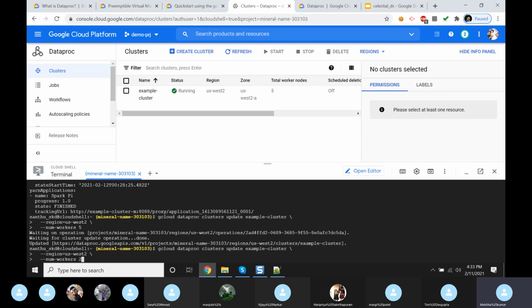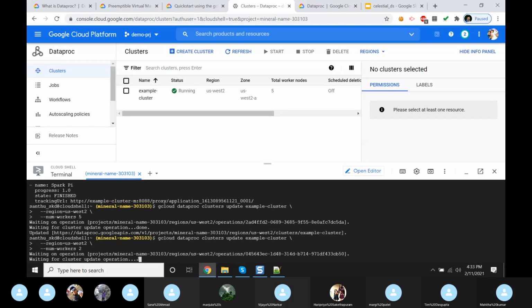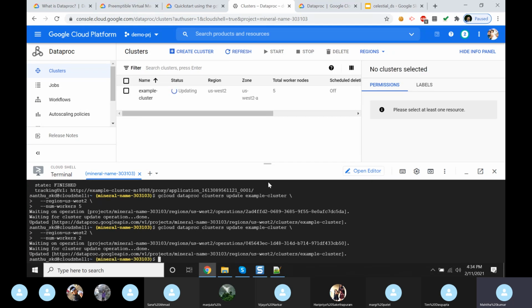Now using the same, we can modify it again. See, it got modified now.